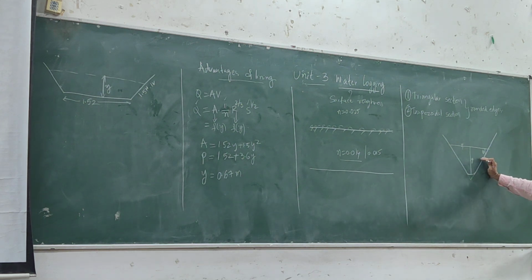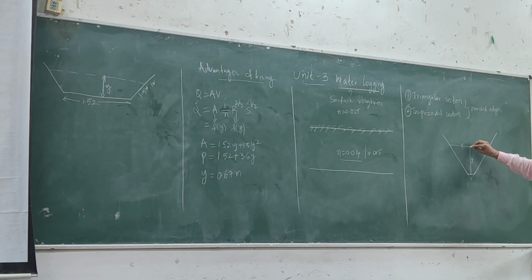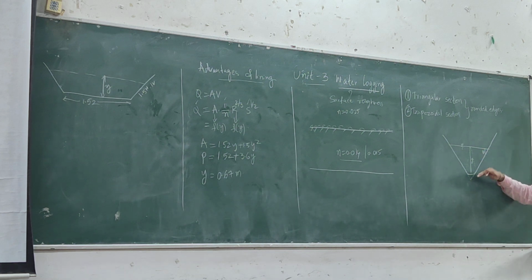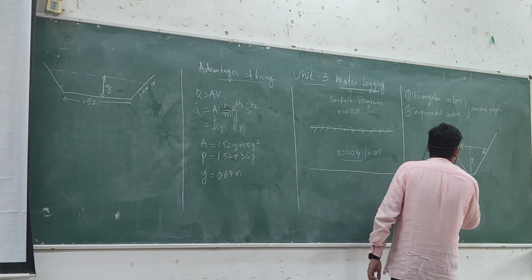And if the flow depth is y, and we are considering this an arc of a circle, so this is an arc of a circle, and we know this angle theta. And based on this,